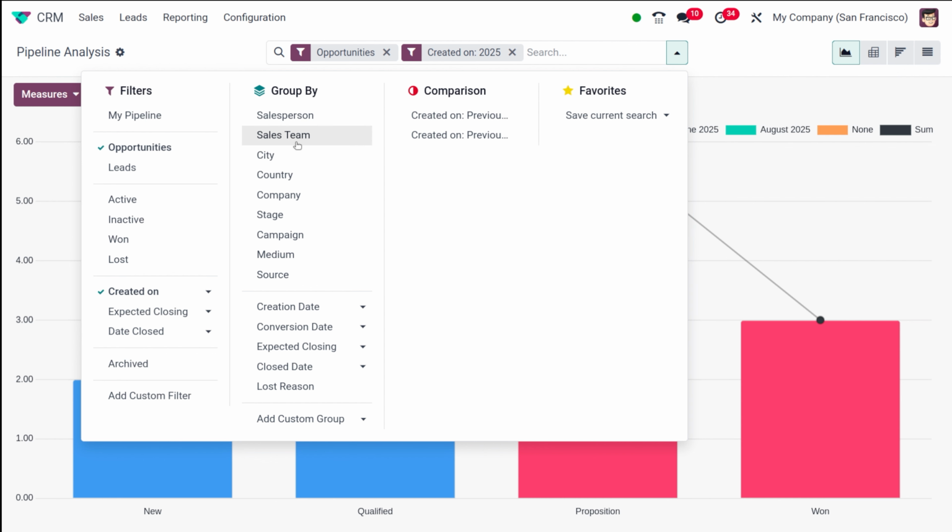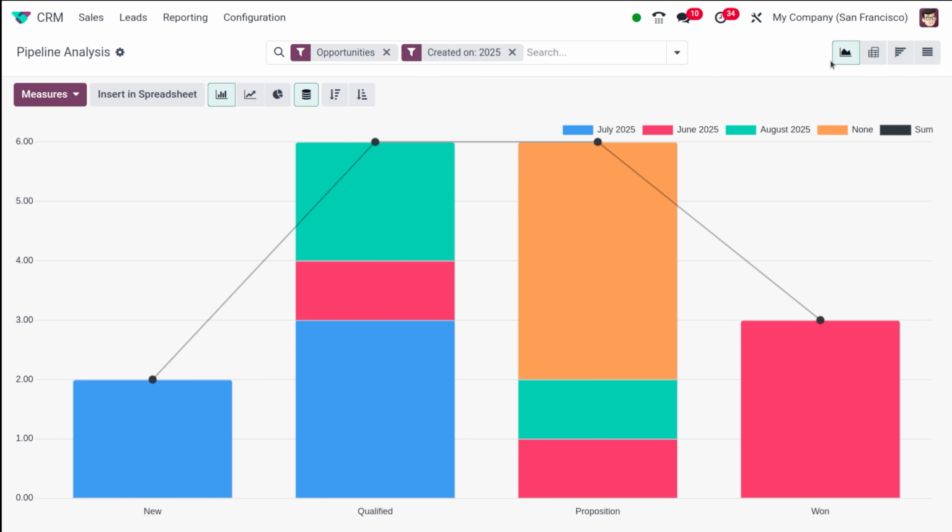In the view options on the top of the screen, you actually have views like the graph view, pivot view, cohort view, and list view. These are the different views, and we'll explore each of these more in depth. On the far left side, you have more configuration options as well. If you want to do more configuration, you can do that from here.